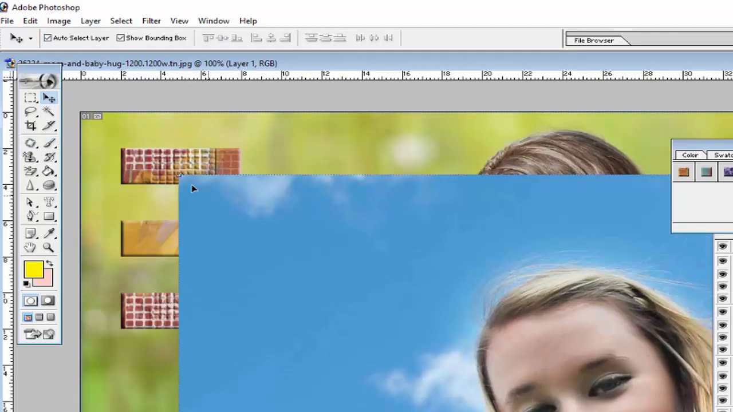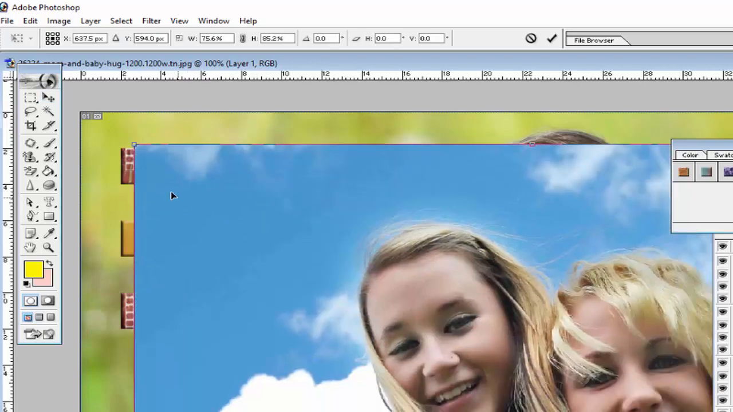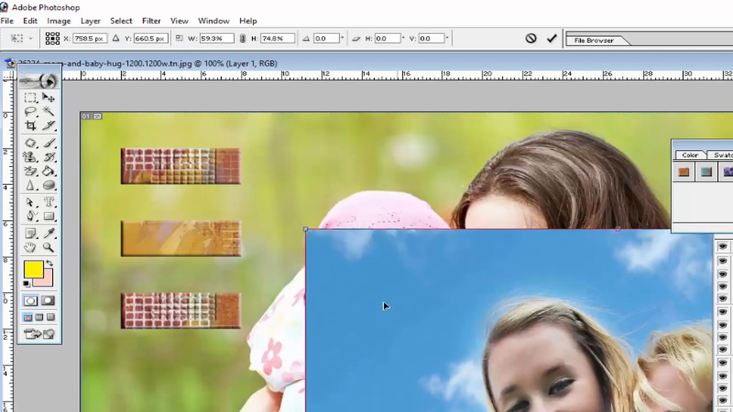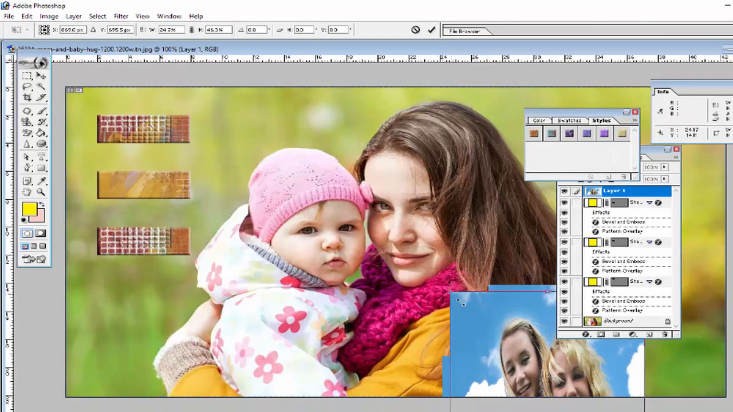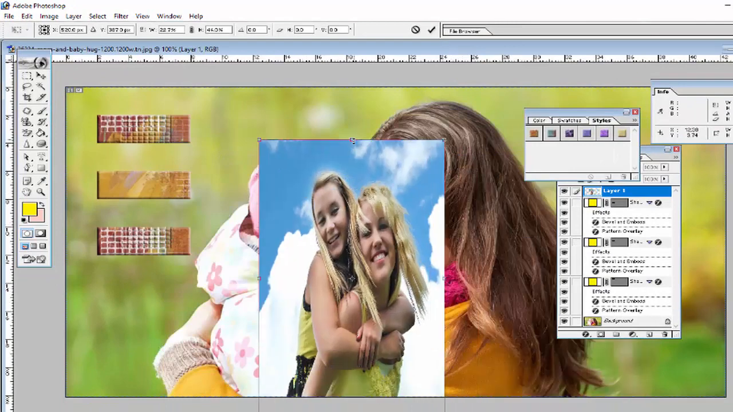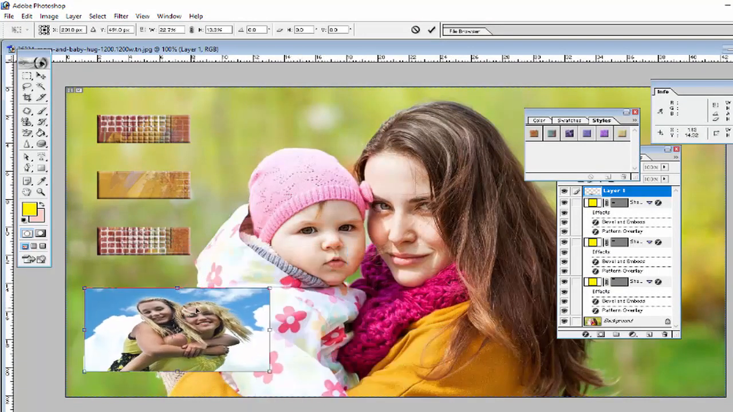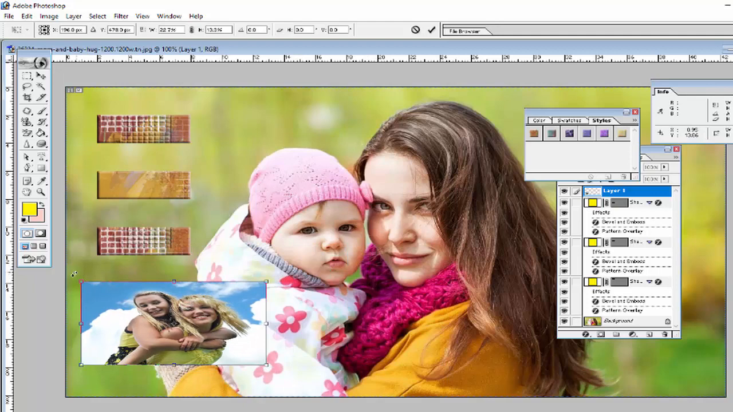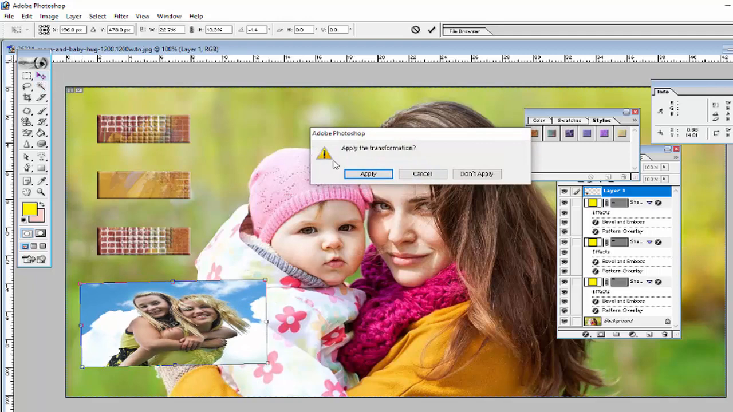And if you want to reduce the size of this image, you can reduce it from here like this. You can put the image anywhere, and you can rotate the image also like this. So then apply this